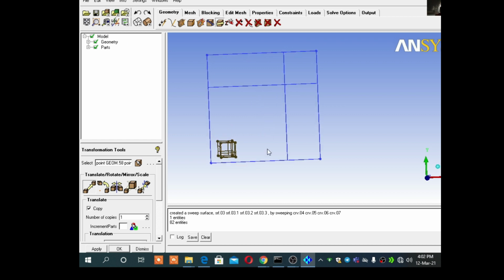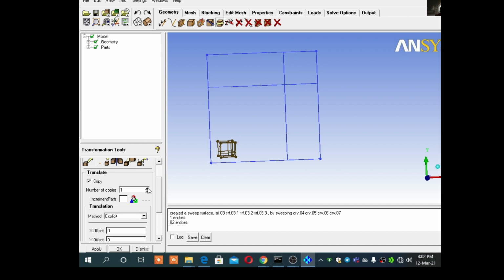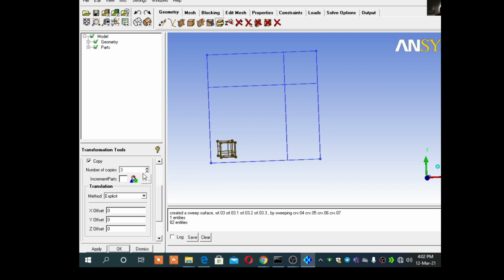What I will do, I will copy the entire thing, and I want to copy it in X direction. Then I will give the number of instances, number of copies. I will keep a space of 2 mm again. So I will check 4 and a distance of 2 mm offset. No, I need to give 4. Yeah, so it will be going out.